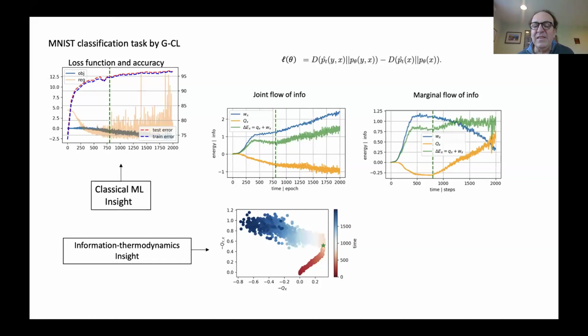Again, I don't see anything inconsistent with your analysis. It's just that it doesn't provide me with a tool, unless maybe I can look at this QX and the work and the heat dissipation, and see which layer contributes. Basically, at the end of the day, you need to tell people how to configure their networks. You need to show it.